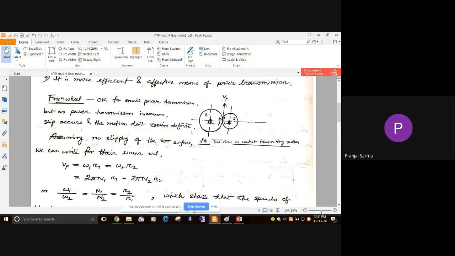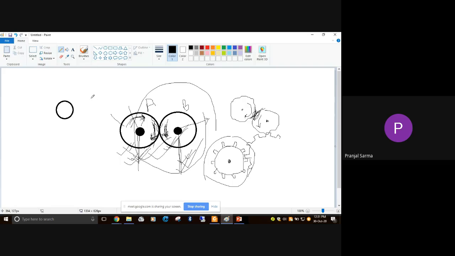You may wonder why we are analyzing friction wheels when we are talking about gears. The basic reason is that later, when we talk about the nomenclature of gears, we'll see that with respect to certain design parameters like different circles, we define the engagement or the designing of these gears. One of the very important circles that we define with respect to gears is the prime circle,